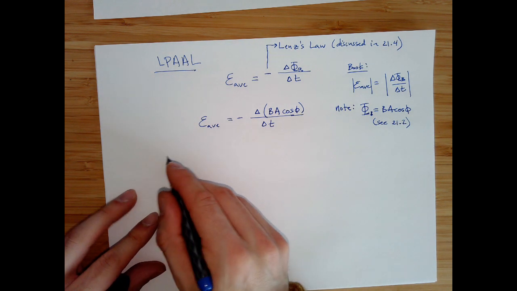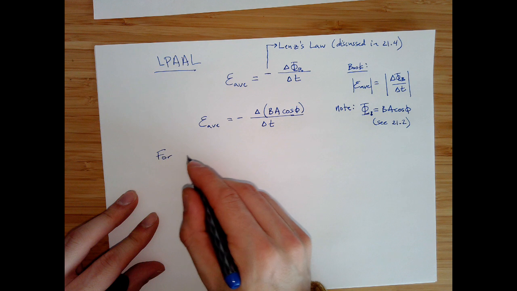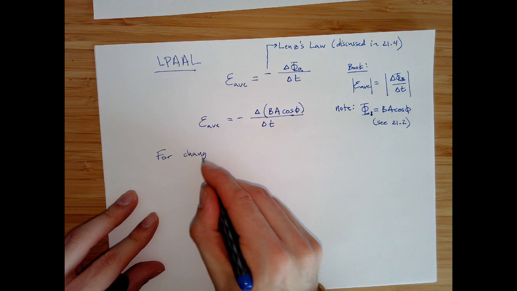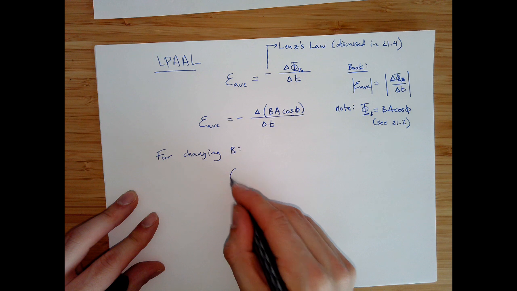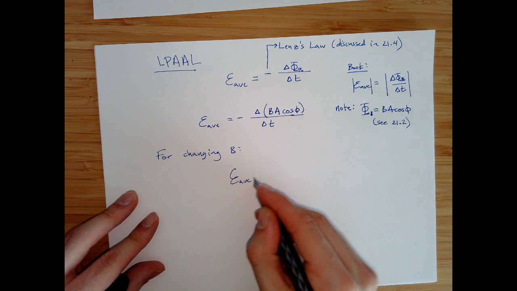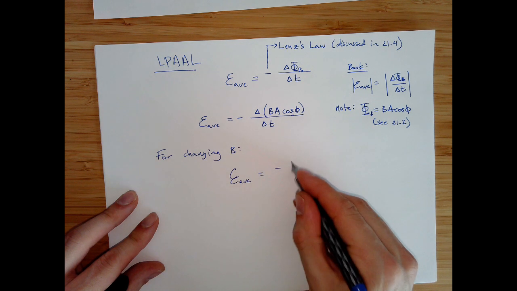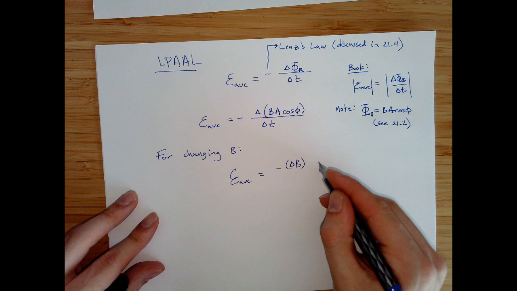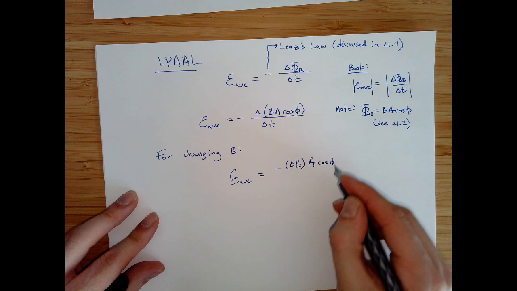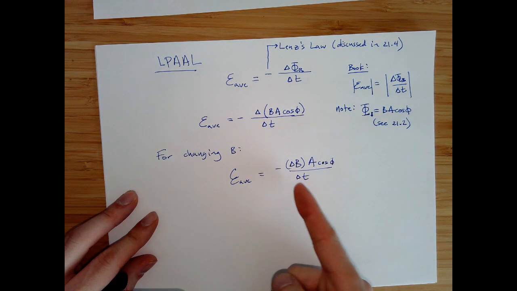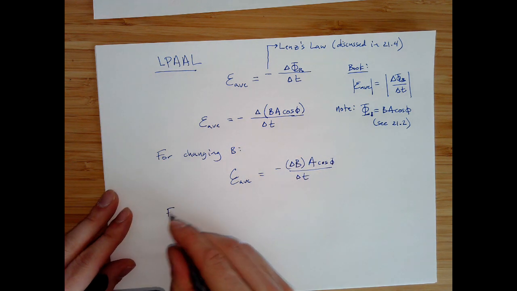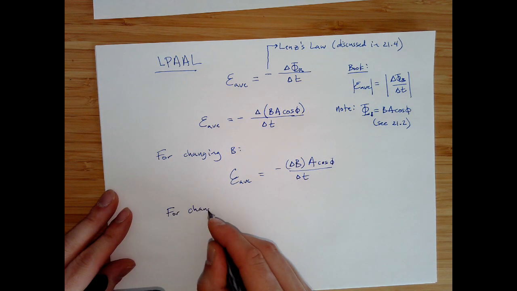So we could note for changing B, we know that the average induced voltage would be delta B times A cos phi over delta t. And so we could write that delta in front of any of these. So for changing A,